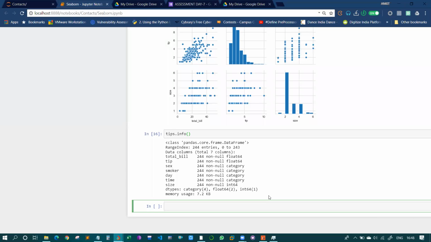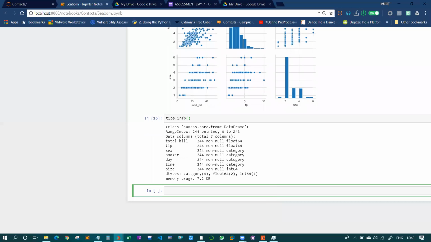Because pair plot plots only numerical data, as we cannot plot any string value. How many columns were of integer or float type? 3, as we can see here: 2 are float and 1 is int. So the comparison of these 3 columns is given, 3 into 3, 9 graphs. If we had 4 numerical columns, we would get 4 into 4, 16 graphs.